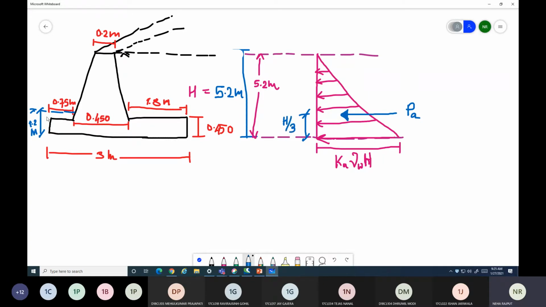Actually this diagram you need to show over here, because this force is acting here, but for the understanding I am just drawing this diagram separately away from the depth. Otherwise this is pressure diagram, soil pressure diagram due to this soil mass. So this PA, as I explained earlier also, will be 1/2 Ka gamma into H, capital H square. This is my active pressure.